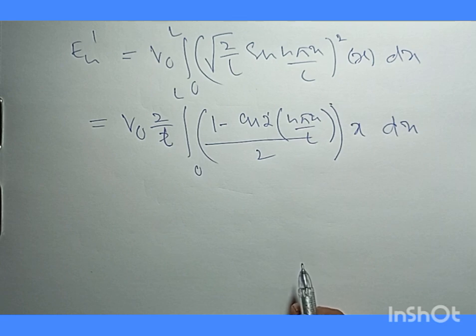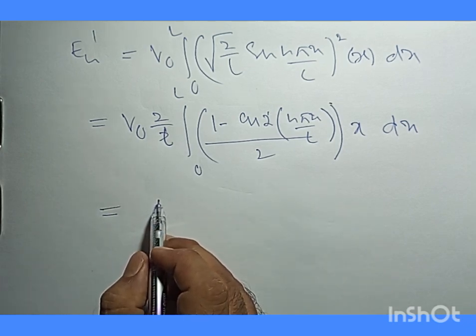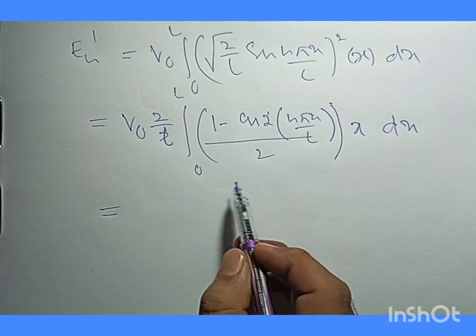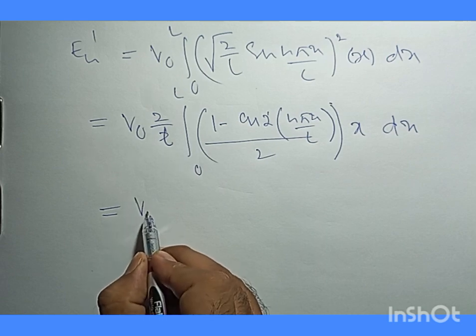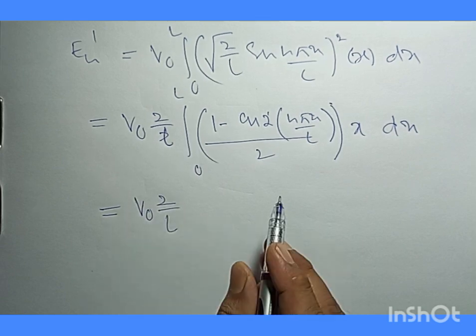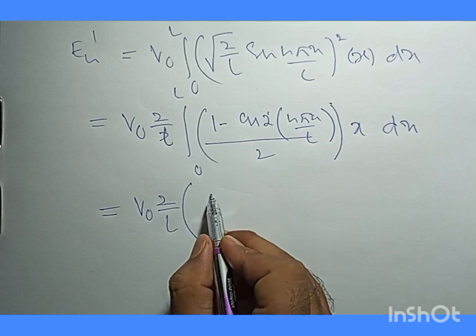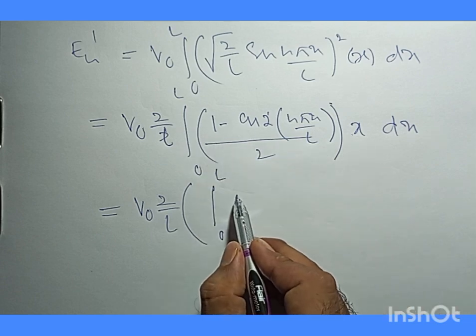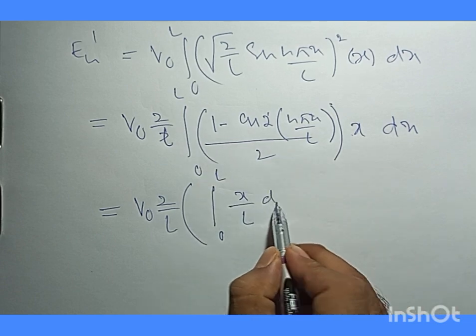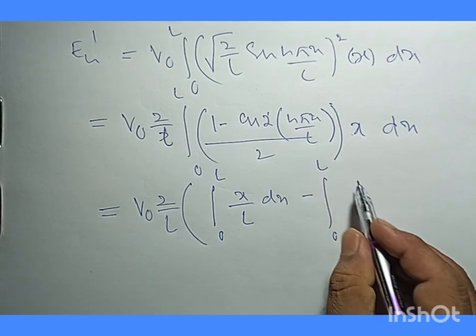Now what we have is two integrals, so we can separate them. The first one will be V naught 2 by L, keep it like this. Then I have the integral from 0 to L. Then x will be multiplied with 1, so this will be x by 2 and dx. And then we will have minus the integral from 0 to L, and we will have